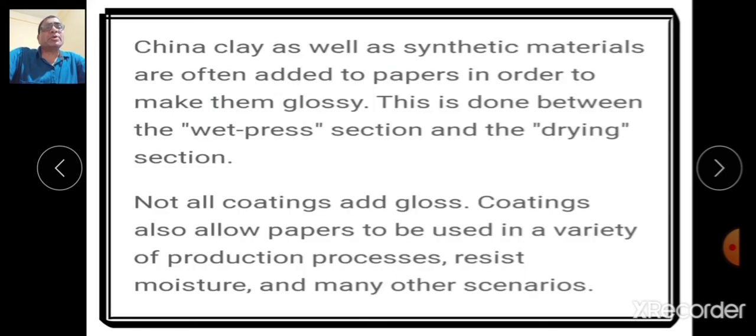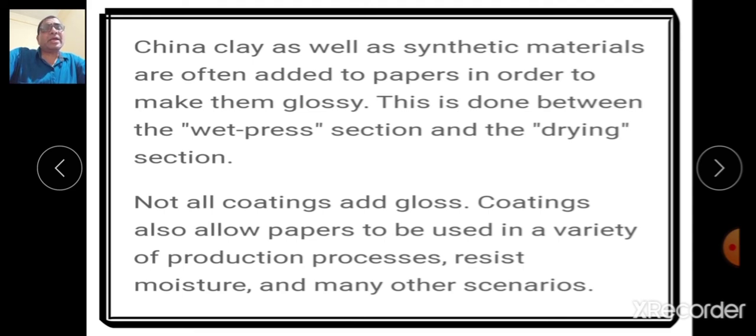For this purpose, china clay as well as synthetic materials are often added to the papers to make them glossy. This coating is done, of course, in between the wet press section and the drying section.